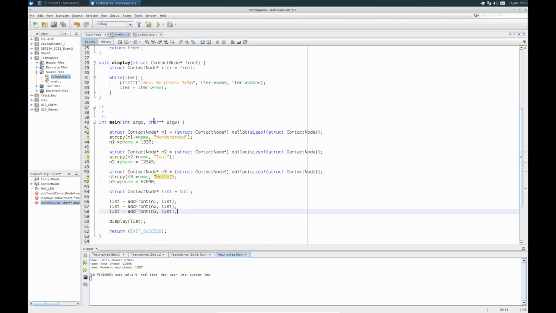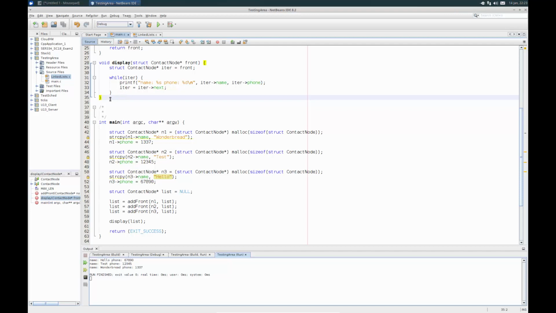So this code isn't too complicated. Really, it's just creating this iterator variable, having a while loop, and then moving the iter forward. Now, for this example, we're just displaying stuff out here, but you could also do other things. For example, you could be checking to see whether the name of a node is something you're looking for, or you could be incrementing the phone number or setting the phone number to 0 or something else. This is just a general technique for visiting every node in a list.